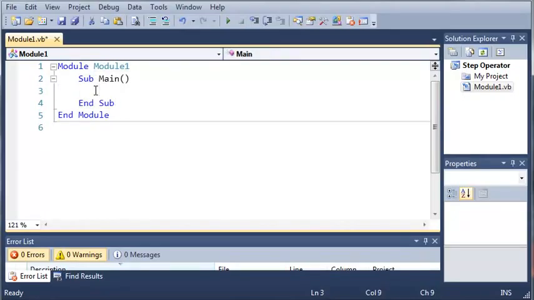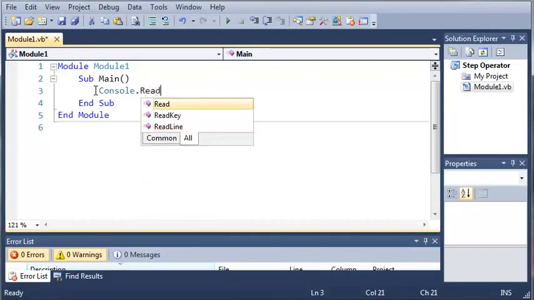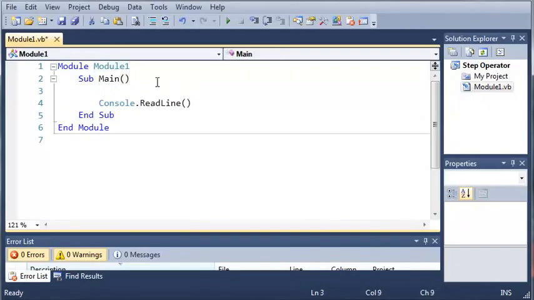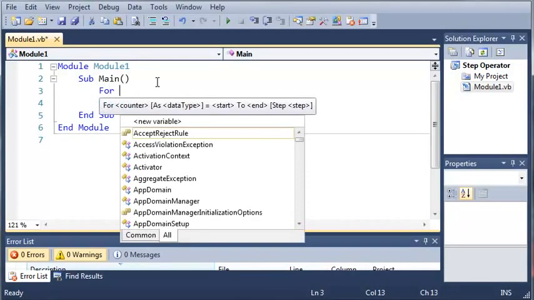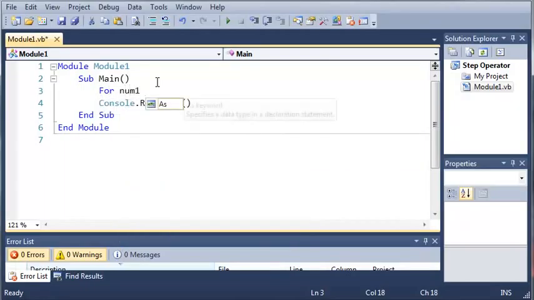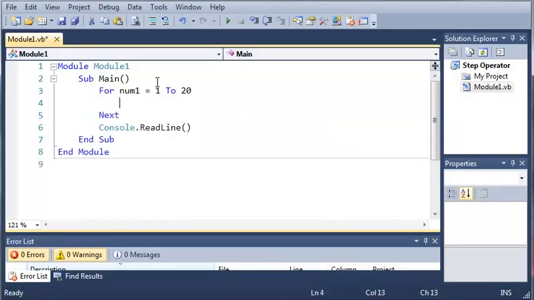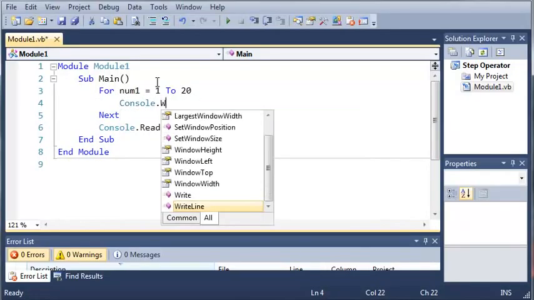Okay, so let's just add console.ReadLine, so it waits for us to press enter or close out of the program before the window closes. So let's go ahead and create a for loop. We're going to do for num1 equals 1 to 20, and then we'll just do console.WriteLine